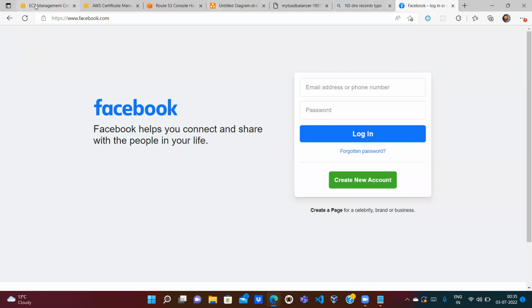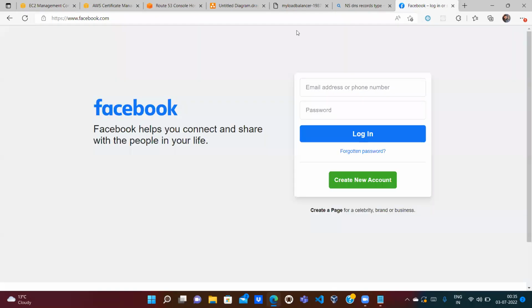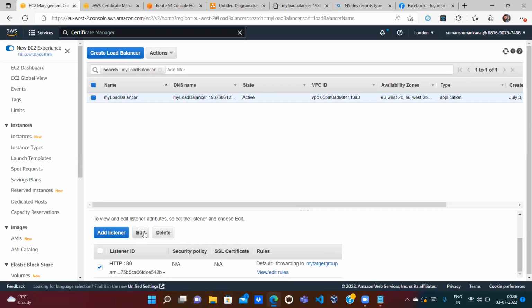What they want is, if someone enters HTTP itself, it should not reject their request. It should not show that the website is not available. So that's why they added the HTTP port. But they want that if someone has used HTTP, it should redirect to HTTPS. So what we have to do, we have to click on the